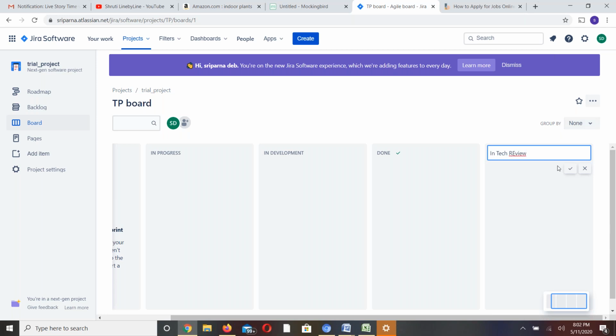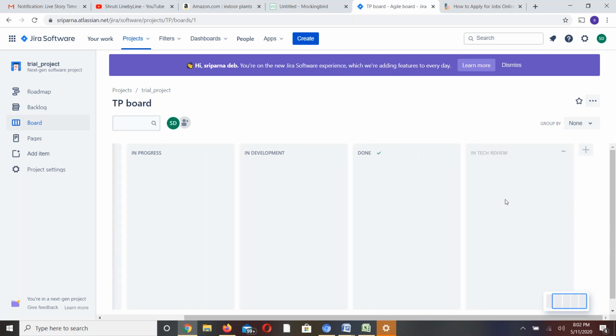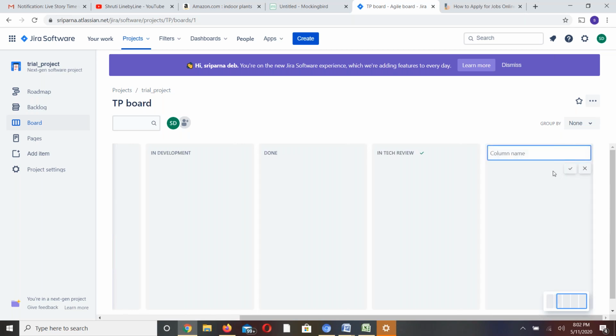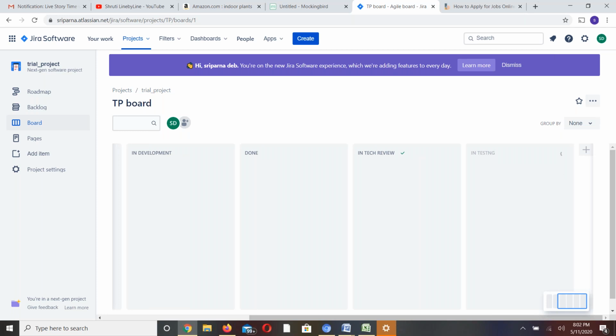Don't worry about the version. In tech review, and then we have in testing. Since I'm accessing someone's machine, it will be a bit slow, so just try to understand that.